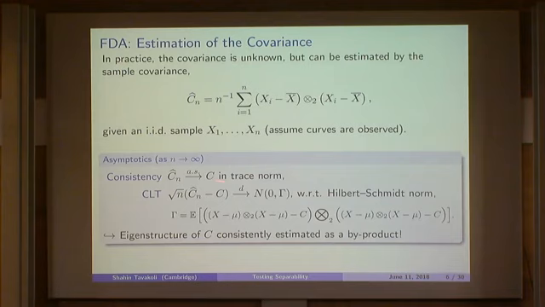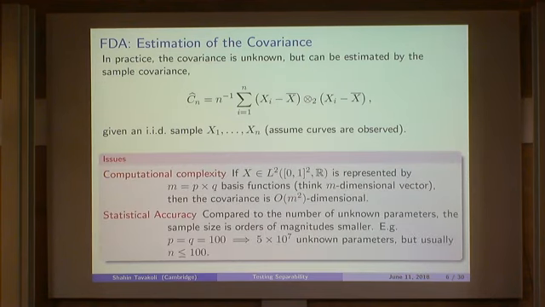You also have the rate of convergence for the estimation of the covariance, given by the central limit theorem, which tells you that if you center the sample covariance around the true covariance and rescale it, then this is asymptotically Gaussian with the following covariance. Okay. So now, as a byproduct, by perturbation theory, you can also get that the eigenstructure of the covariance is consistently estimated, and you can also have central limit theorems for it. So this is quite nice,